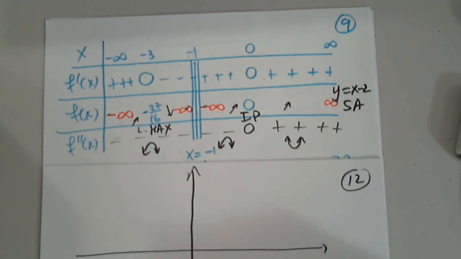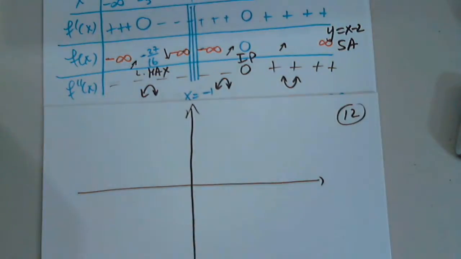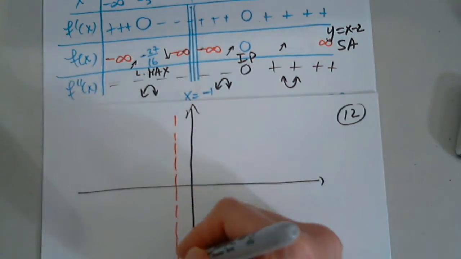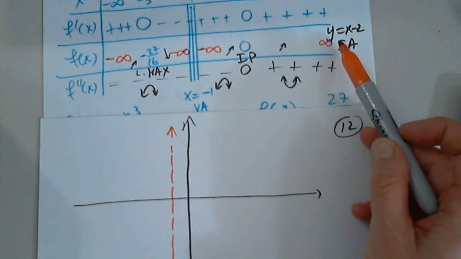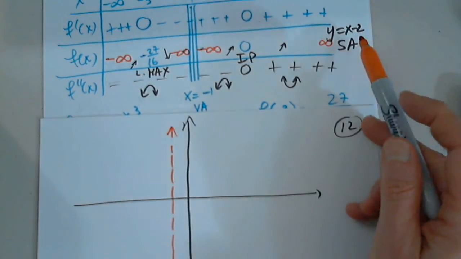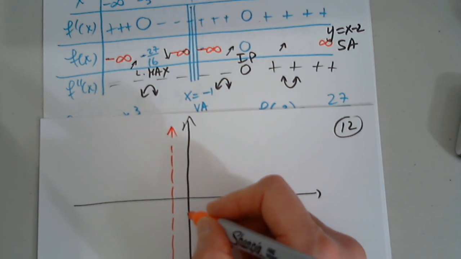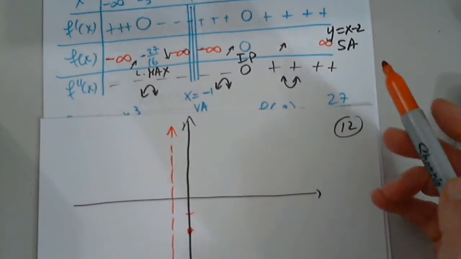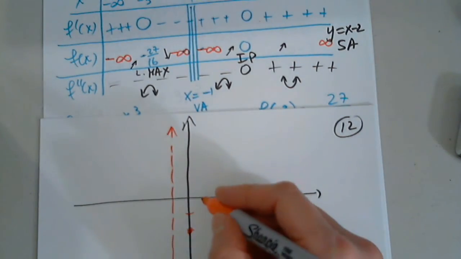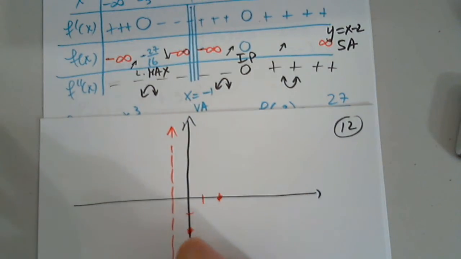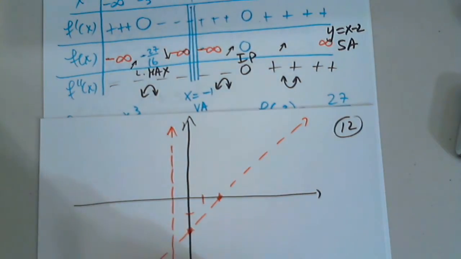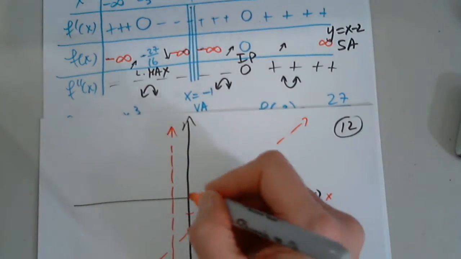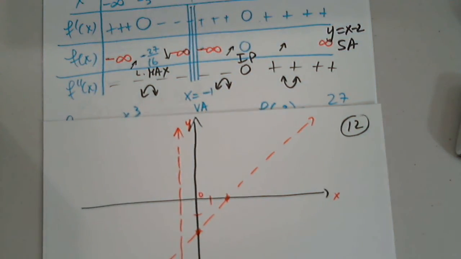First, I graph the asymptotes. I see 2: x equals negative 1, and y equals x minus 2. When x is 0, y is negative 2. When y is 0, x is 2. Okay. Good. After I presented the asymptotes, now